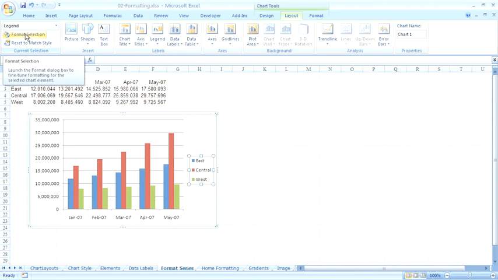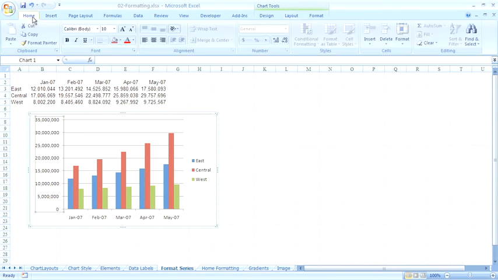Now there's a few things that the Format dialog box won't cover at all. And for those things, you're going to have to head back to the Home ribbon. Let me choose some text in this chart, perhaps the numbers along the left-hand side. We can now go to the Home ribbon and use any of the formatting commands there to format the text